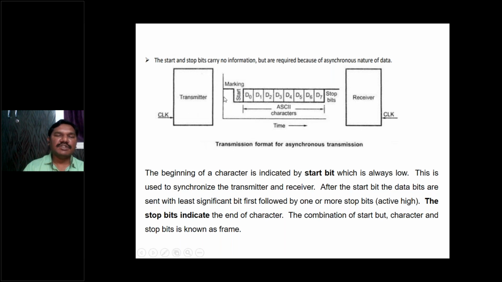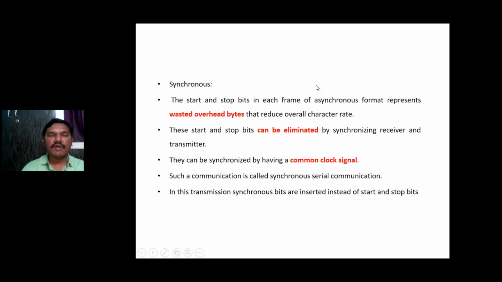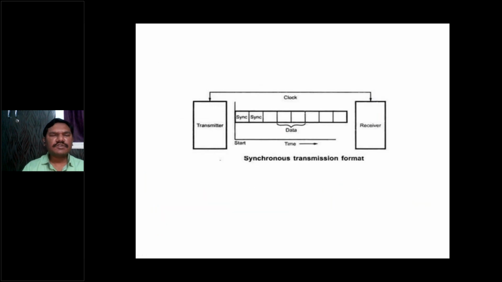So start 1 may be transmitter 1, start 2 may be transmitter 2, and start 3 may be transmitter 3, like that. Or else, if one transmitter is transmitting 3 packets, here itself you can say that 3 packets are transmitted with the help of start bits and stop bits, and these are the data bits. But in the case of synchronous, there are no start and stop bits. Here it has only single pulses, and the total data from bit 1 to bit n must be transmitted to the receiver. So here you can see some of the differences between asynchronous and synchronous.